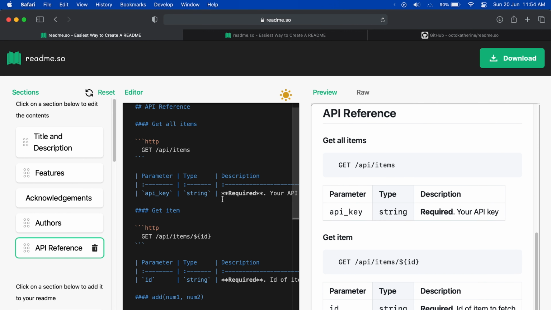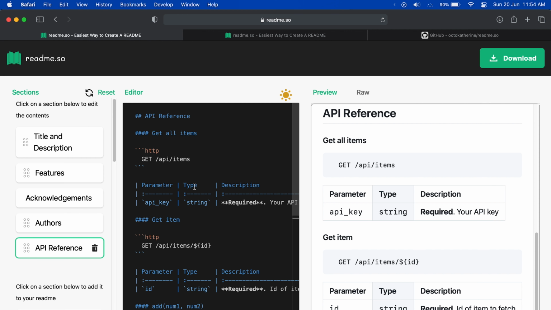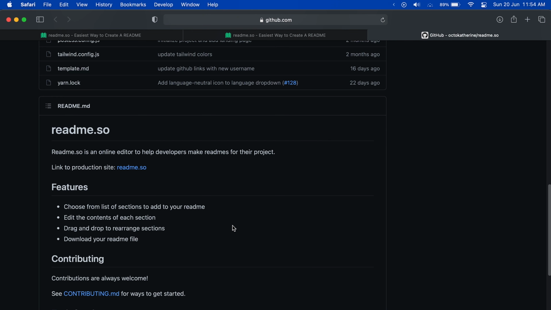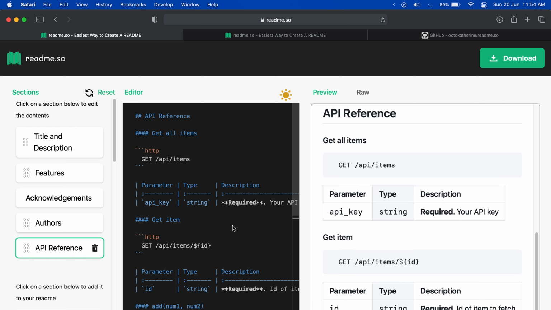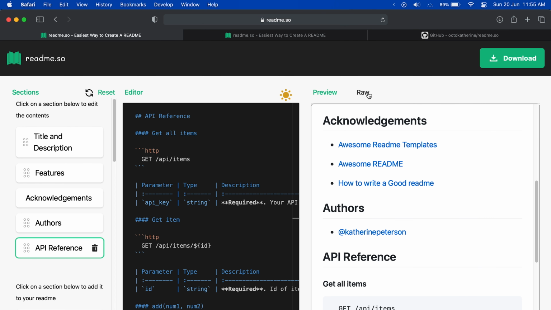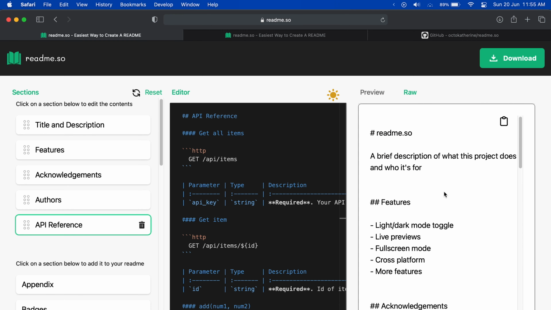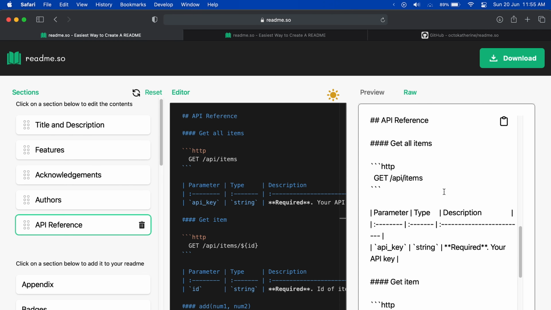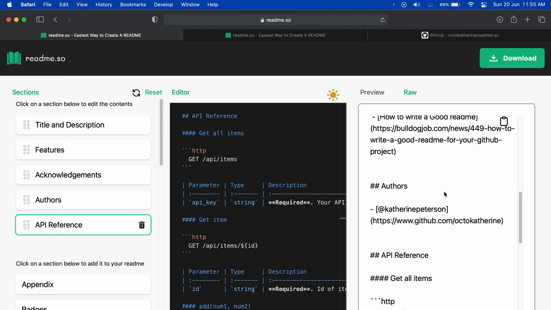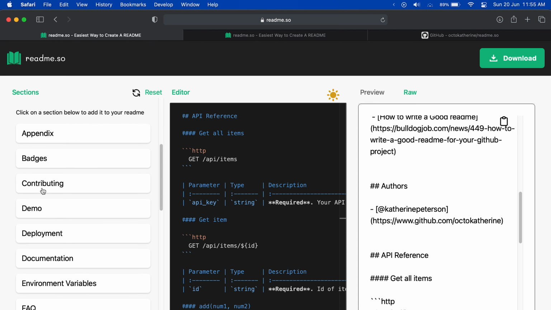Ideally, if you are writing the markdown directly, there are a lot of things that you have to add for your markdown to work. But with this tool, you can just add the particular section that you want and make your changes directly, and it will be directly reflected. The preview you are seeing is exactly similar to what you see on GitHub, the same way it is designed. And if you want the raw data as well, you can go to raw and get the entire raw section, copy it, and add it in your readme.md file as well.